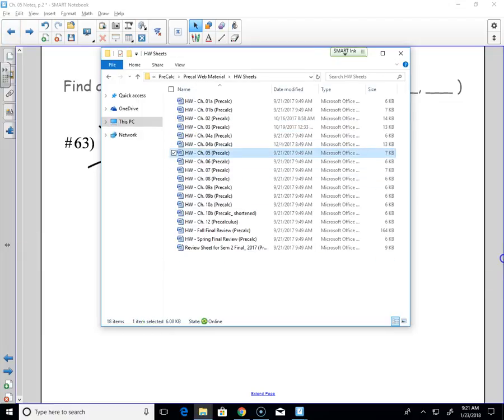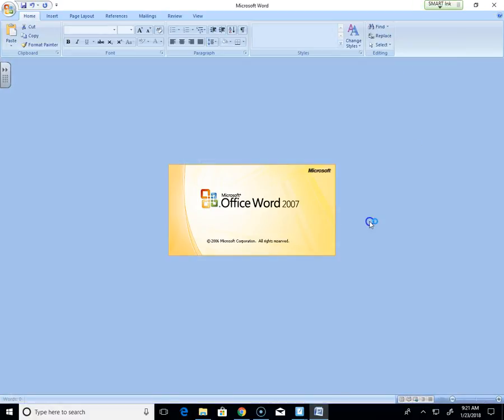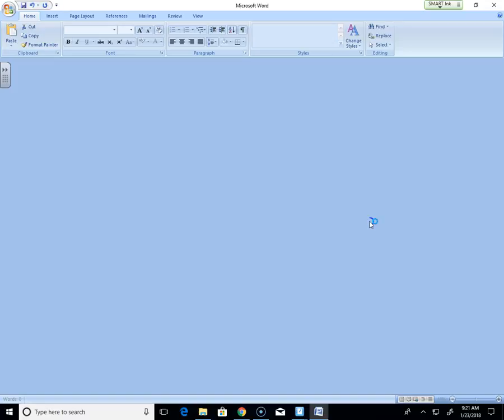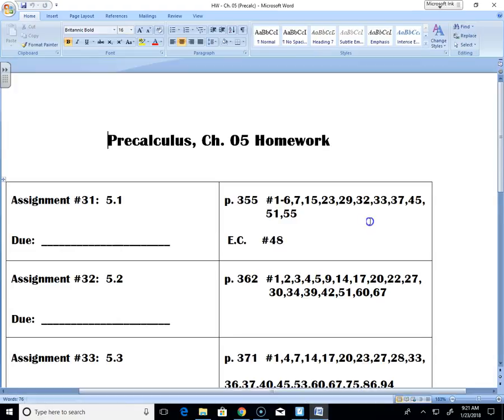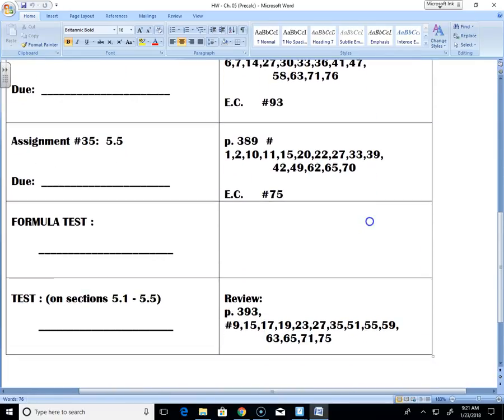Chapter 5 homework. I will go onto your Google Drive and I'll do a little strike through option. That way you can still see the problems, but they'll be struck through, as in you don't have to do them any further. Okay, so section 5.5, let me go find the product to sum ones, and we're just going to skip those and go straight to examples of formulas we've already seen. Which means you can take out, we can cross out